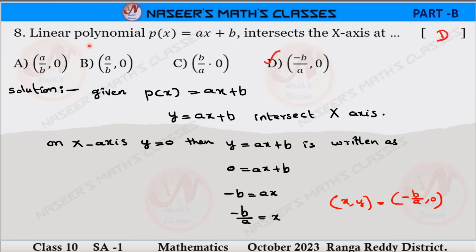Linear polynomial p of x is equal to ax plus b intersects the x axis, find the ordered pair. So first we write p of x is equal to ax plus b. We take p of x as y in the equation form. Then we can write y is equal to ax plus b, which intersects the x axis. On x axis y is equal to 0. Then we can write y is equal to ax plus b as 0 is equal to ax plus b. Now we transpose b from RHS to LHS. We get minus b is equal to ax. Now we transpose a from RHS to